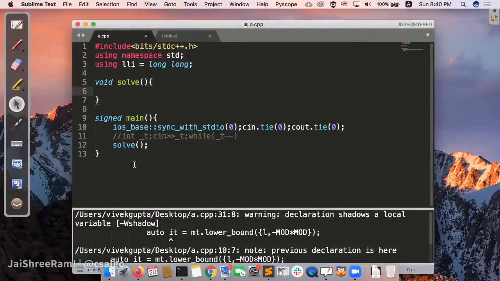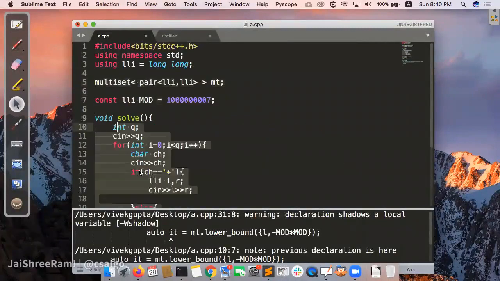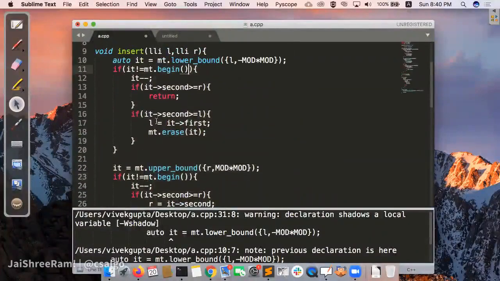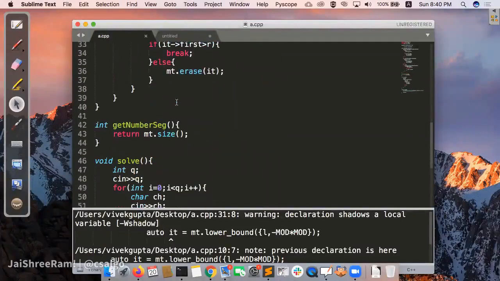I think it should not equal something. Which one? It is not equal to empty dot begin. So the L will remain the same as the initial, the passed value, right?